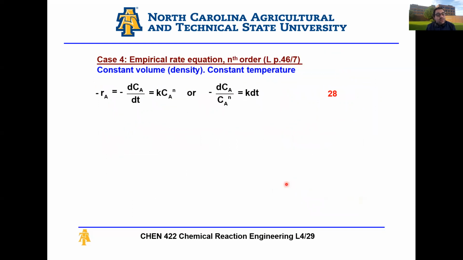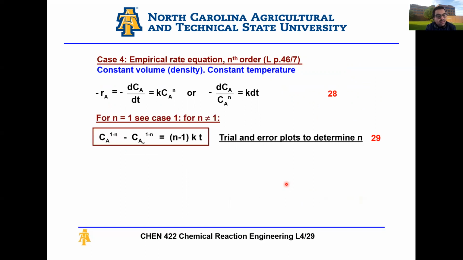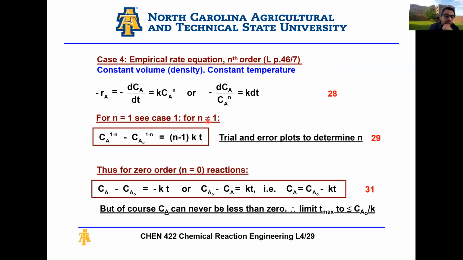Okay, case 4, we talked about empirical rate equation where I have an nth order reaction. And again, for an nth order reaction, this is your expression. For n equals 1, you have to look at case number 1, right? Where if n equals 1, it's just the first order reaction. For n equals 2, you can always look at the second order reaction. However, this equation is also valid for second order reactions or for n equals 1. And we did some trial and error. I think we had a couple problems where we went through a trial and error process to get the